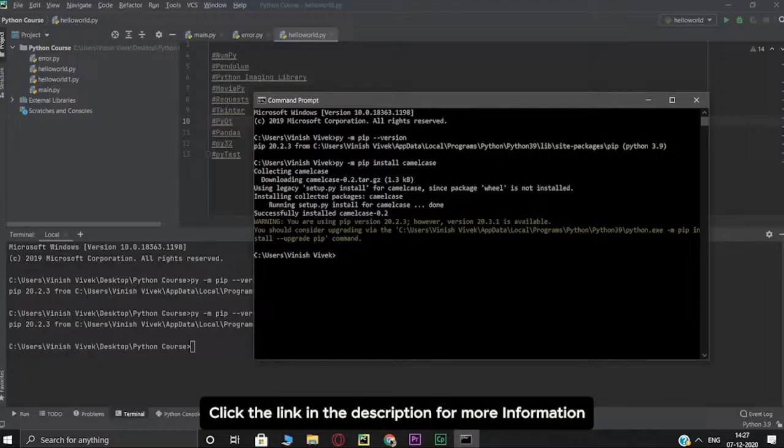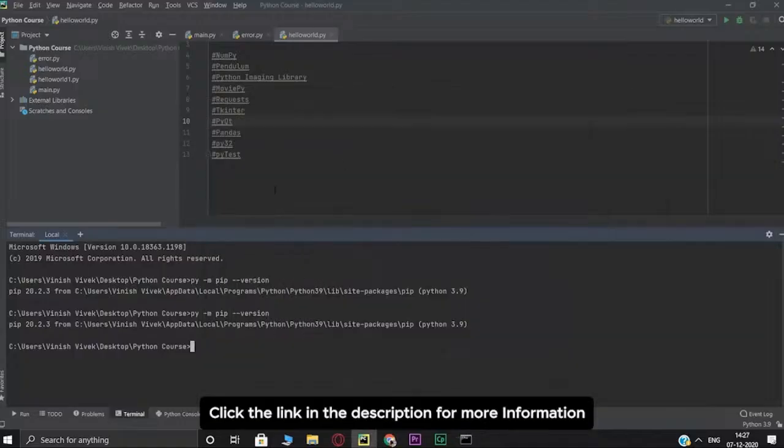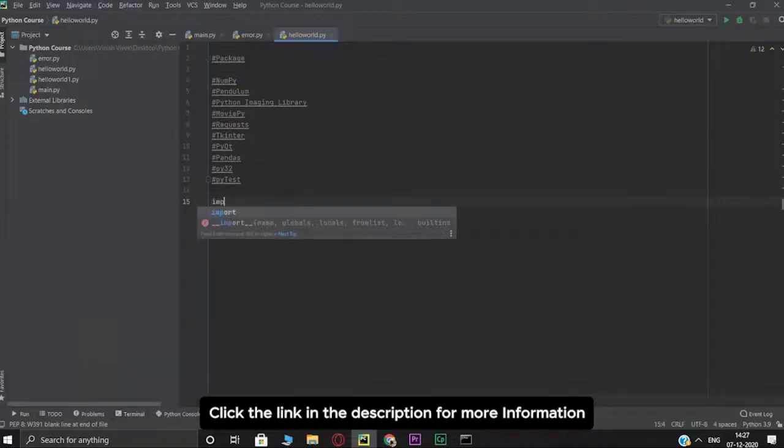Now, before we do that, let's just try to use a package and see. Now we've already installed the camel case package in our case. So let's try and use the camel case package over here. So for that, all I'm going to do is, first of all, you got to import a package. So to import a package, you'll just use the import command and the package you want to install. So I've imported camel case, and I'll say x is equal to camel